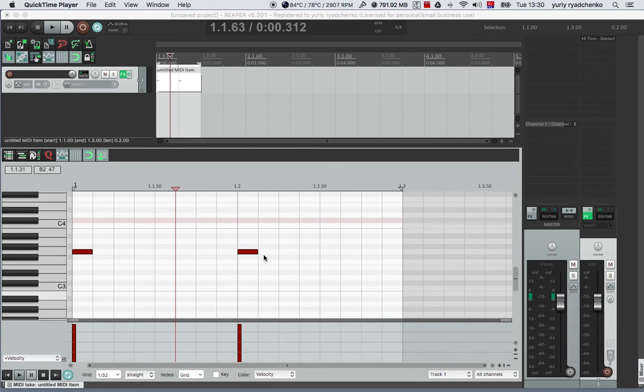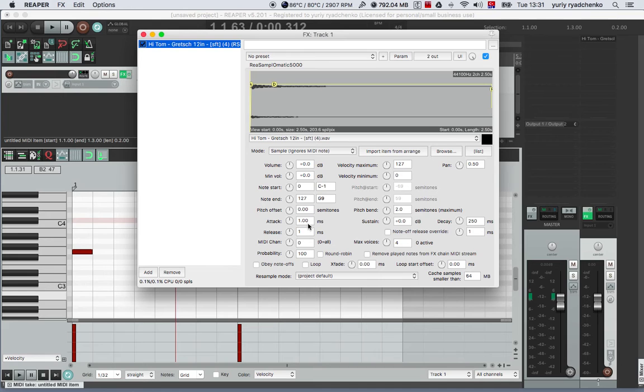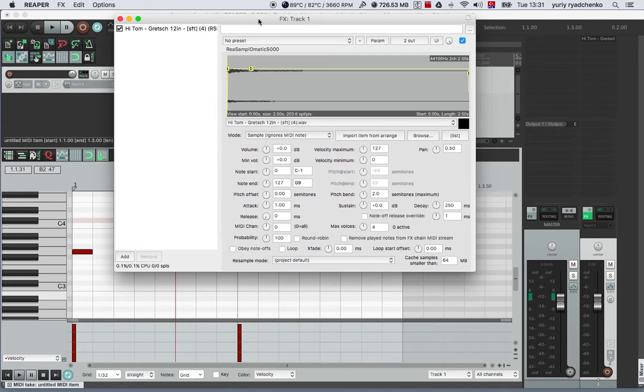This ReaSamplOmatic is a really great sample player with a lot of options, and I will show you just once. You can find everything here about samples, about how to treat them and how to use them, and so on. Only for me it was a problem whether it can be multi-layered. For multi-layering, I saw a lot of tutorials, and I have also read the Reaper manual. Of course, if you want to have two, let's say, two toms, you have to open one more instance of ReaSamplOmatic5000 and then adjust here